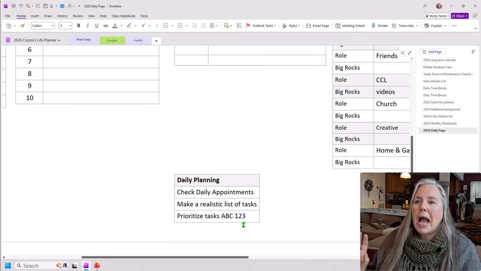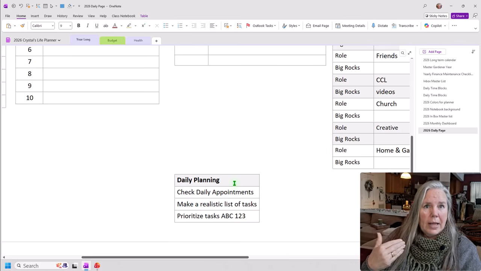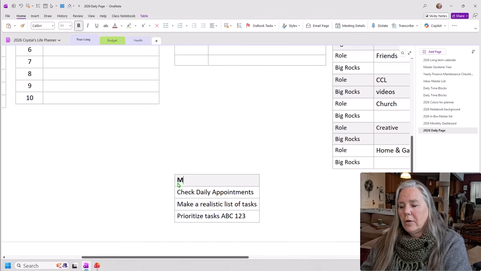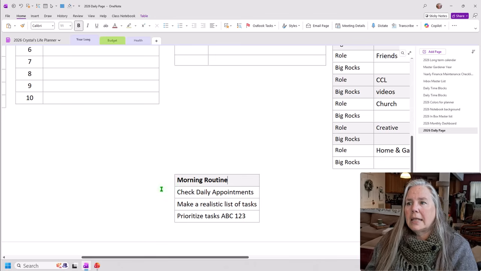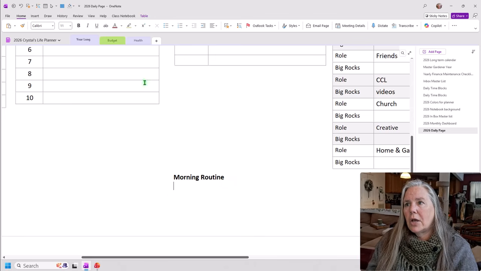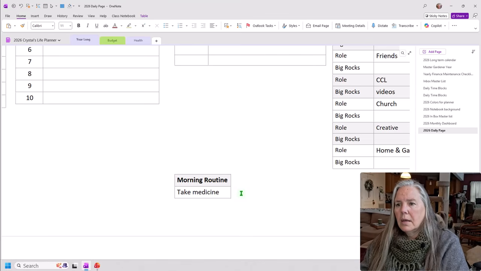Okay. All right. I want to get rid of these things on this list because these things are ingrained in me. I know to do daily planning. But what I want to do on here is add my morning routine, and I'm going to change these items that are here. Okay. So I have medication that I have to take every morning. And then if I hit the tab key, breakfast,